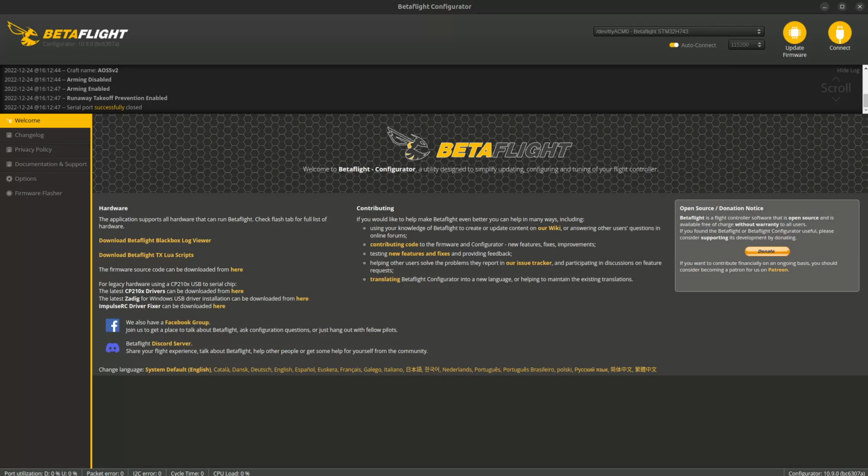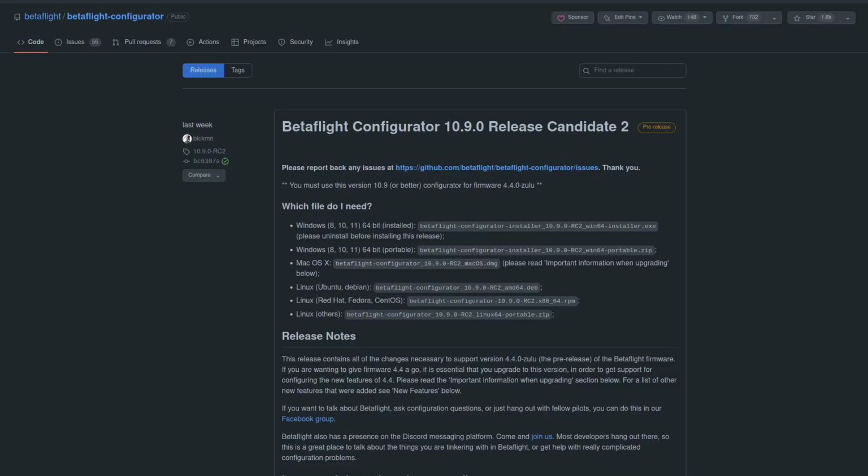And specifically cloud builds, why they'd appeared, what it meant, what it was trying to achieve, and I thought I'd spend a couple of minutes going through what those options mean and how they're empowering pilots, how they're enabling new outcomes with Betaflight. So, if you've noticed, the Betaflight team is about ready to drop 4.4, and with that comes